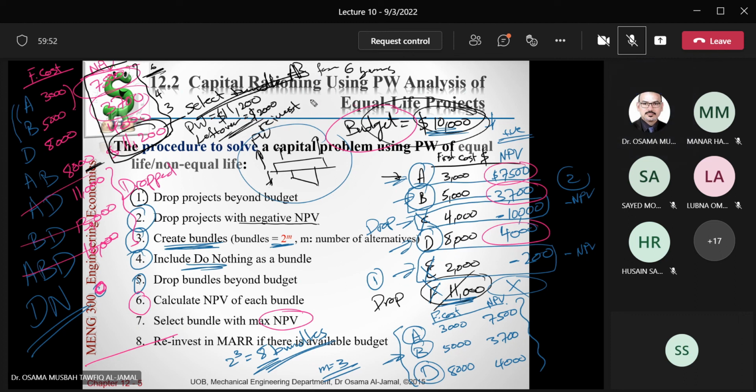Now, what to do with that 2,000? Reinvest at MAR. موجودة هنا. Reinvest at MAR for how long? For 6 years. أي the longest between a selected project or selected bundle. هذا آخر part. في أي سؤال على دي؟